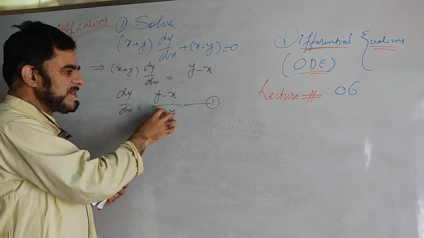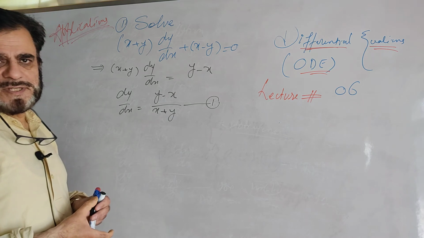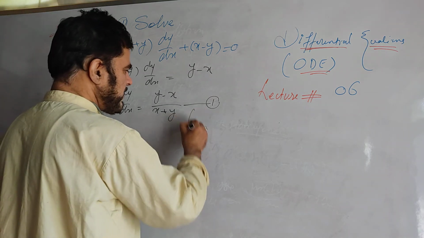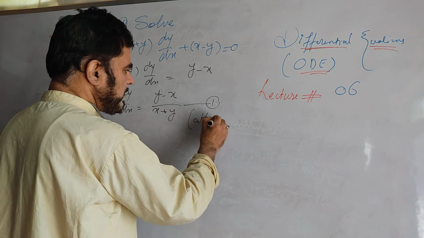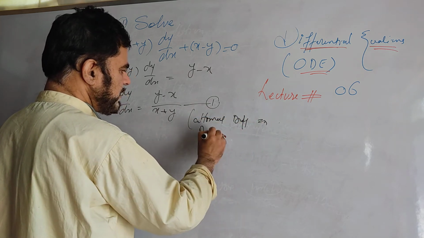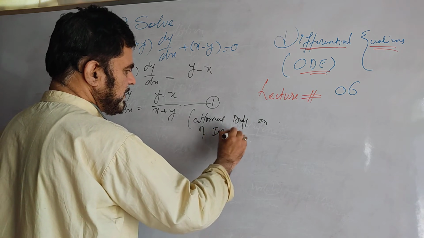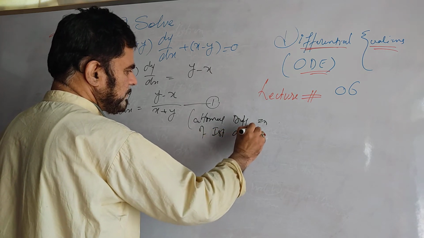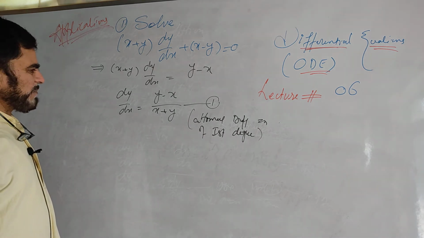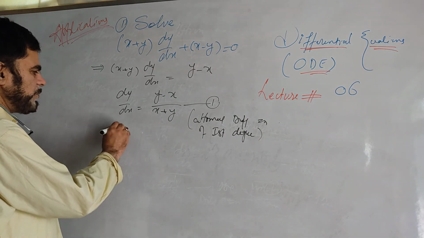Now the degree of this is the degree of this. It is a homogeneous differential equation of first degree, degree 1. So what we do is we put